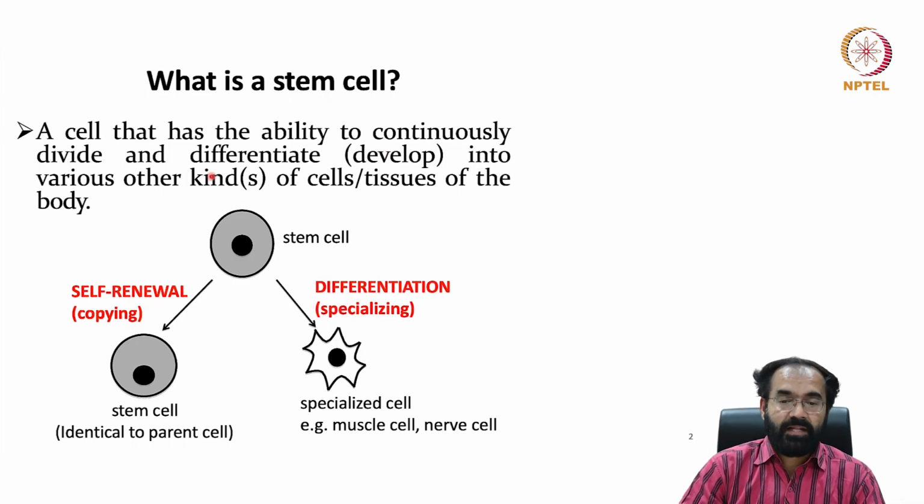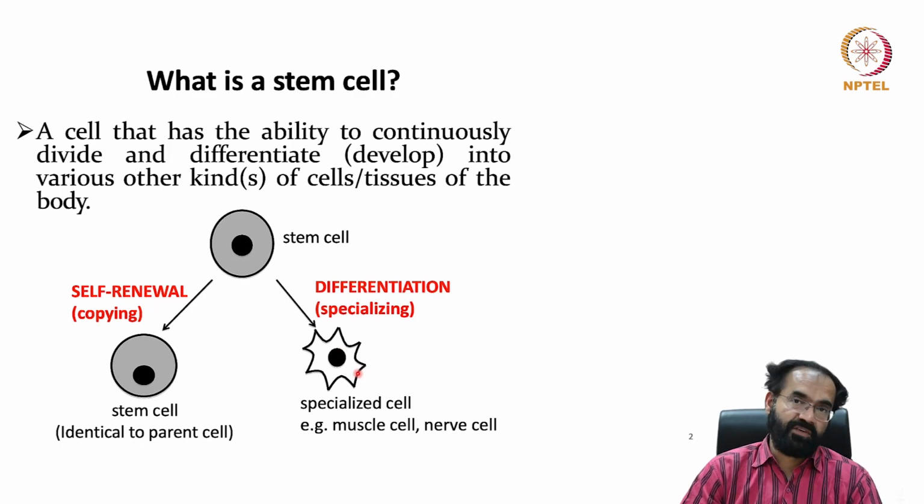We know that a cell that has the ability to continuously divide and differentiate, that is capable of developing into various other kinds of cells, is what is called a stem cell. We know stem, the concept which is able to anchor some group of branches, etc. That is where the whole word stem emerged from. A stem cell can make a copy of itself, and that is self-renewal,